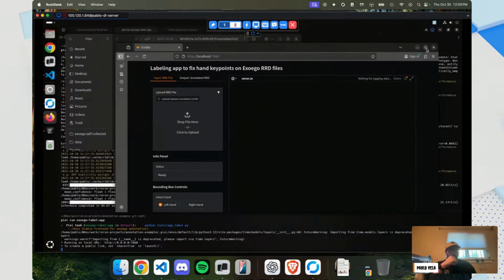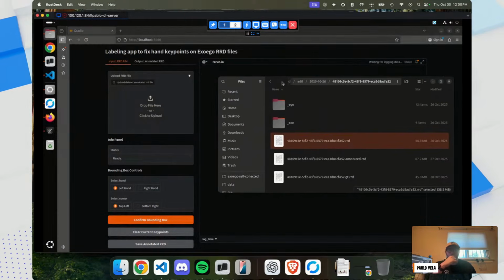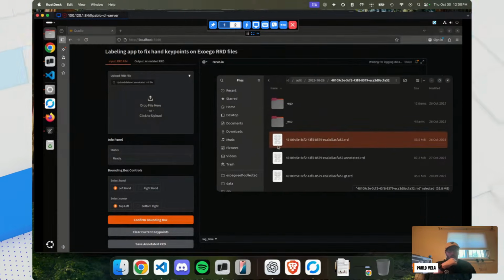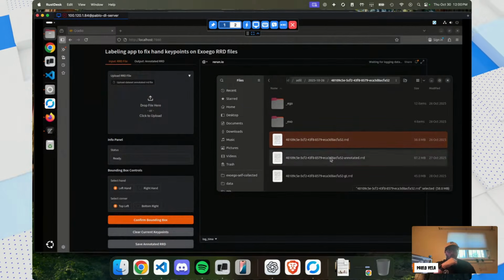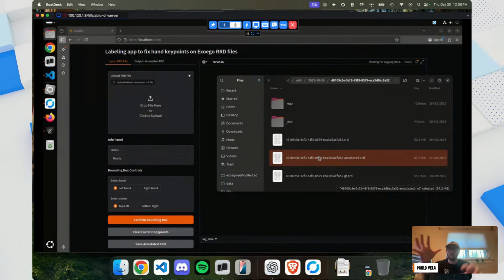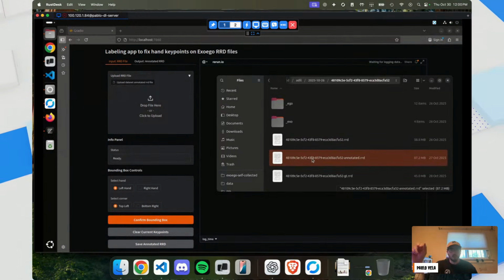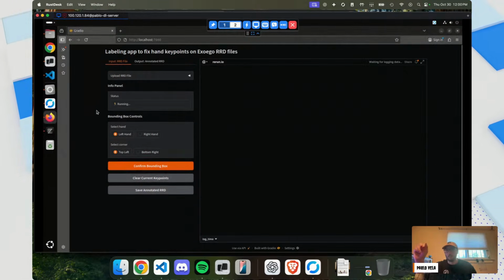Oh, give me 1 second, sorry, clicked the wrong thing there. So this is basically the output. This is the original one that's completely uncalibrated. This is the one that was annotated by that neural network, which is a conglomeration of different neural networks doing different things. And so I drop this file in here.